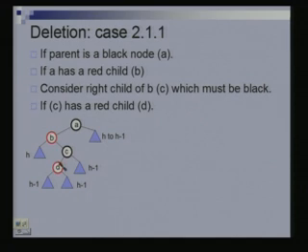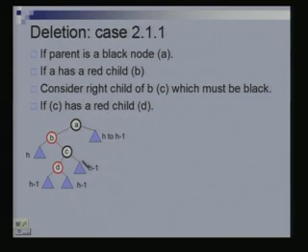In the next case, I am going to consider that this was not red, that this was black and this was also black, that this node had no red children, right. And you see why this is required, right. You have already seen one reason why to consider whether a node has a red child or not.